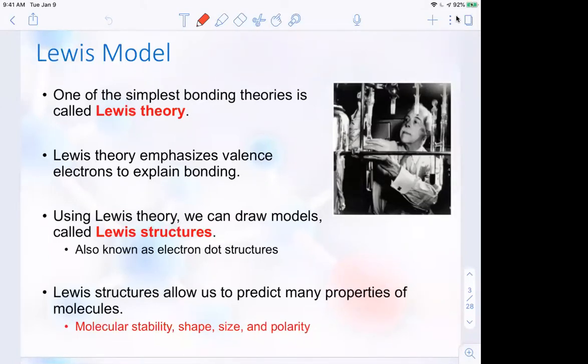This gives us another level of information because when we draw a Lewis structure, we not only know which elements and how many elements are contained in the molecular formula, we also know which atoms are bonded to other atoms and the nature of those bonds. Is it a single, a double, or a triple bond? Is it charged or is it uncharged? We can look at all kinds of information from Lewis structures, including molecular stability, shape, size,